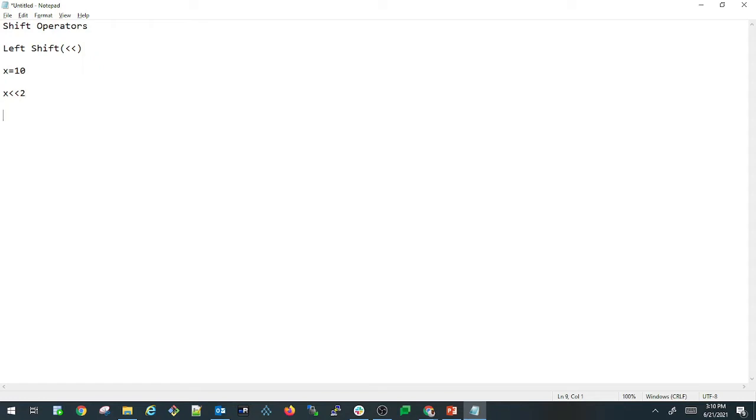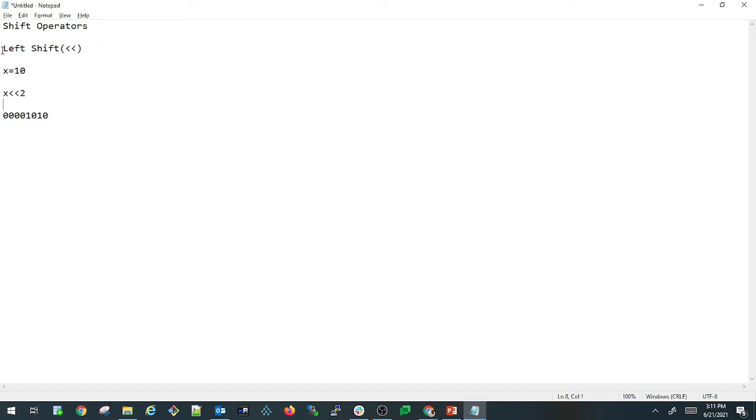So let us see how this works out. The variable x is holding a value 10, which can be represented in binary as 00001010. This is the binary representation for the decimal value 10. If you perform a left shift operator, all these binary digits will be shifted towards the left 2 times, as we represented here.